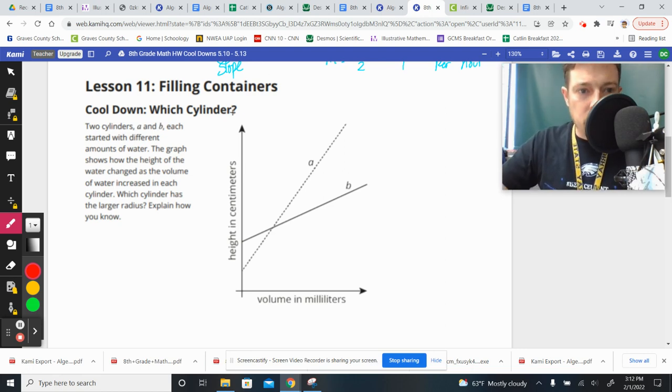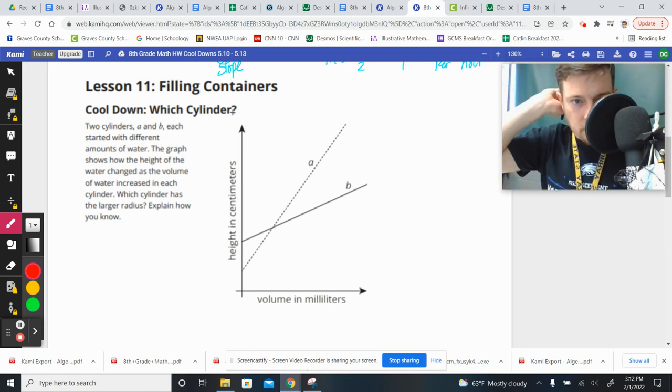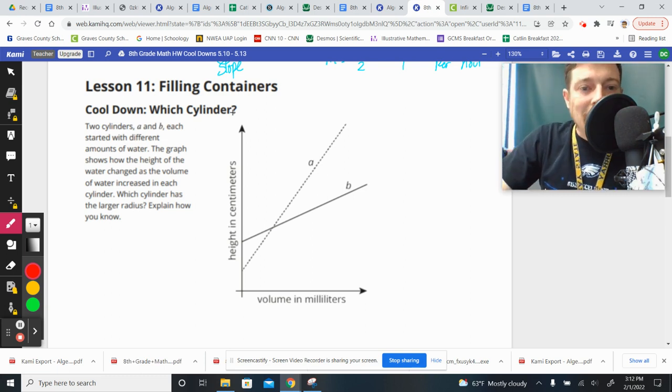Which cylinder is which in this cool down based on their slopes? So, in class today, we looked at how the slope in this type of relationship between volume and height on a cylinder can indicate the width of that particular cylinder. And before we even get into this question, what we discovered is that